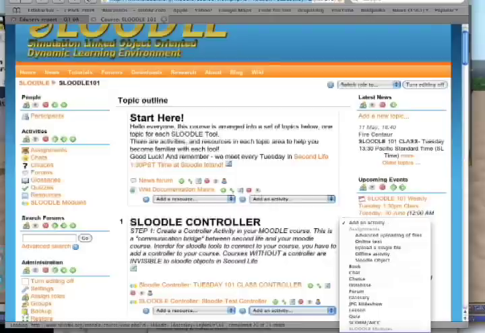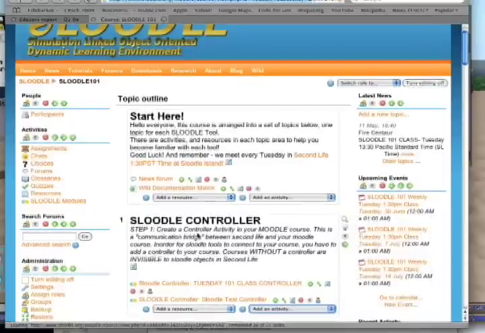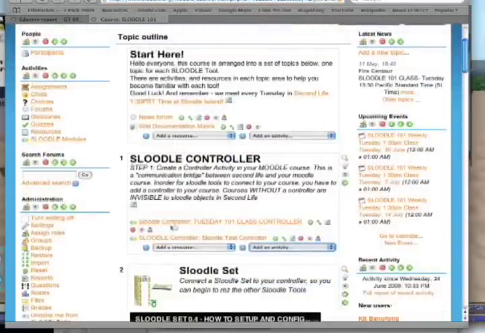So this is really step one in adding Sloodle to your site. Of course, you need to install the Sloodle module, but this is step one after that. Okay, so Sloodle controller. I've already set one up, and there it is. It says Sloodle controller, Tuesday 101 class controller. So what I'm going to do is click on this,